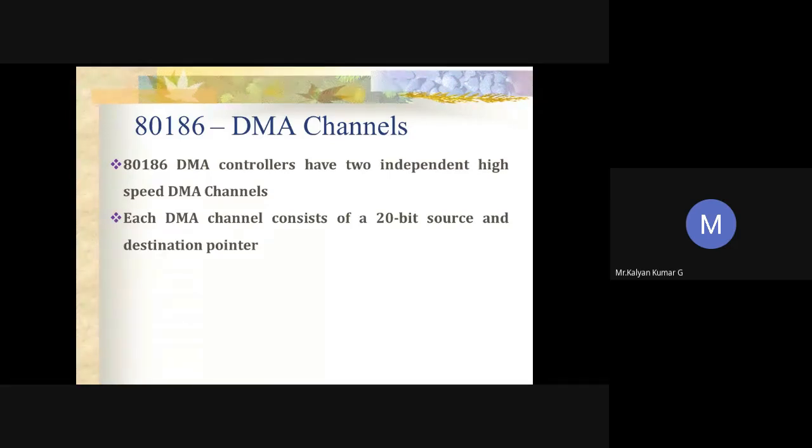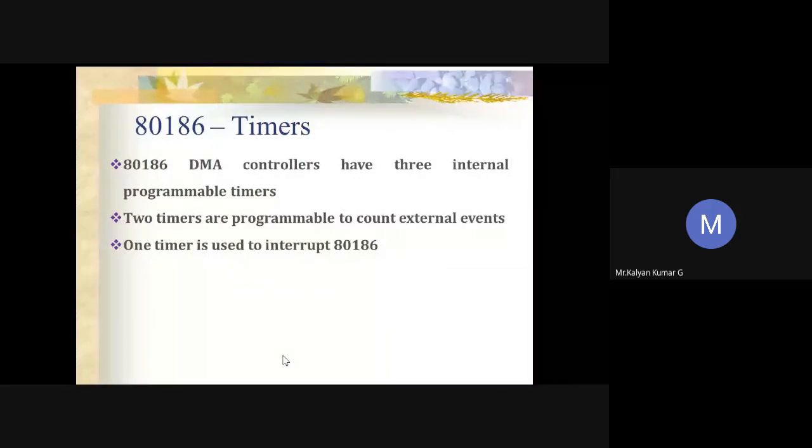The first bus cycle is used to fetch the data, and the other bus cycle is used to store data. Okay. So that is a simple overview of the DMA controller available in the 80186. If you still want to go through this in detail, I can share the notes with you. You can go through them, but it is actually not much required.